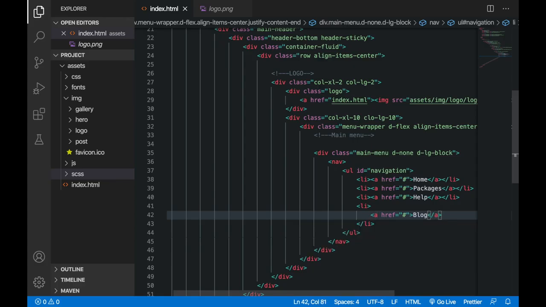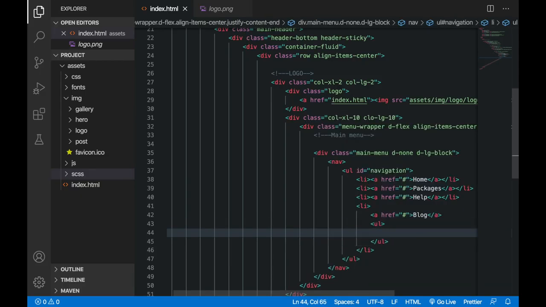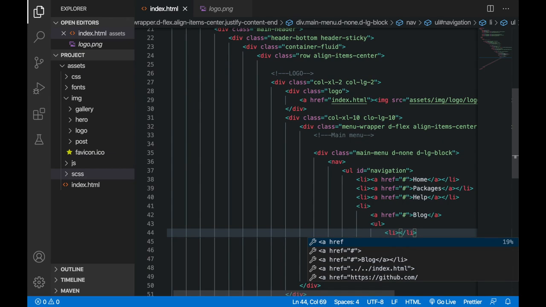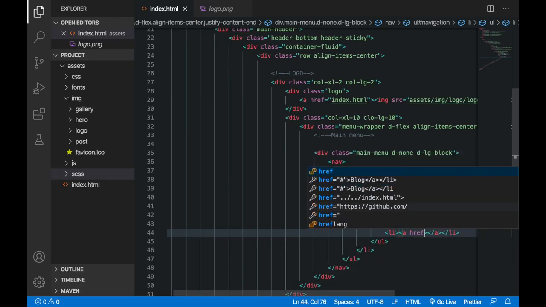and after this I'm going to make another unordered list, and inside this unordered list I'm going to create two sublinks. So I will write li and then use this a tag here. Again I have to specify my href for these two sublinks.